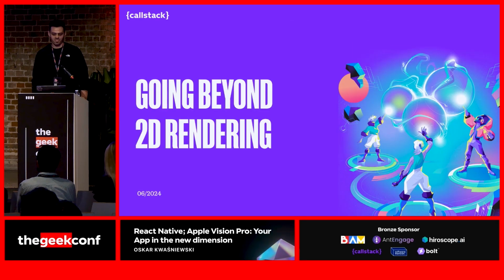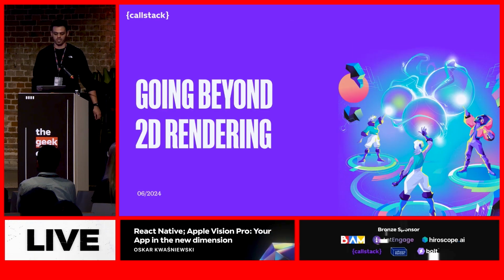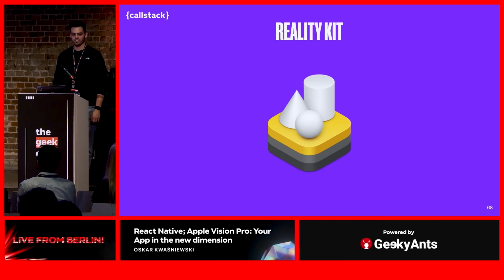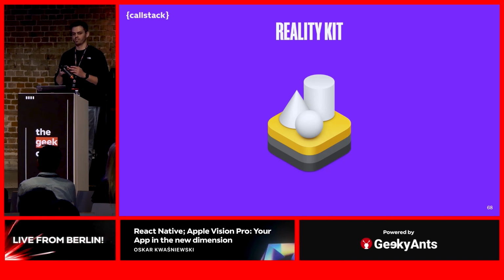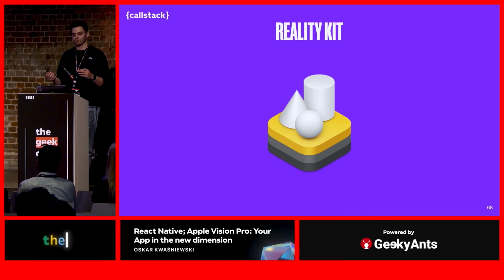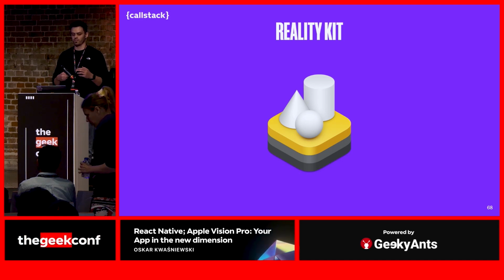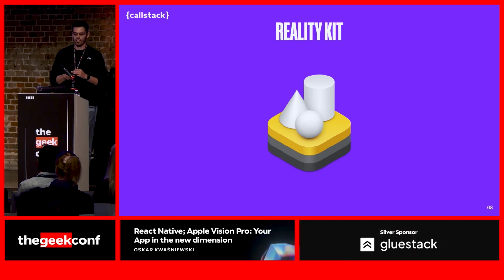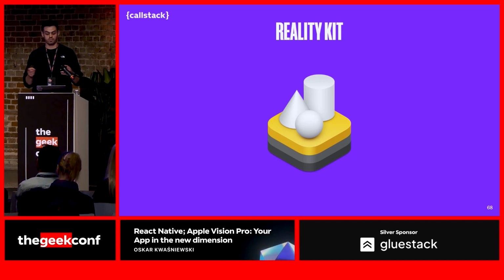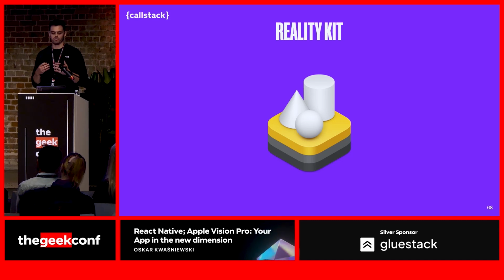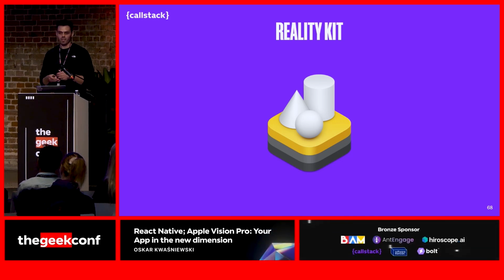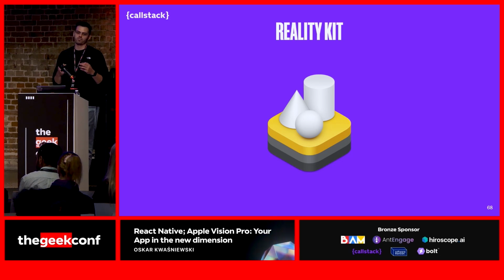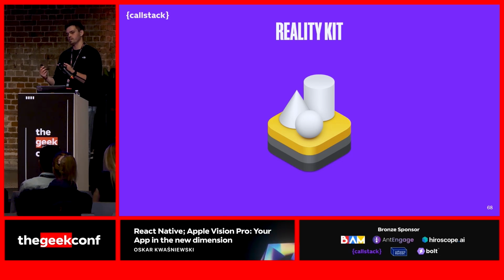So now let's talk about going beyond 2D rendering. RealityKit is a framework from Apple that allows you to render 3D content. And combined with ARKit, it can be used to render inside of the immersive spaces that I mentioned before. And the demo that you will see in a moment uses this technology. The primary language for writing for RealityKit is Swift. But I would say that's one of the React Native superpowers, that you can always fall back to native code